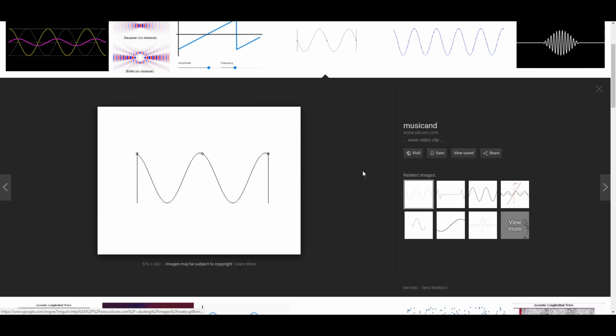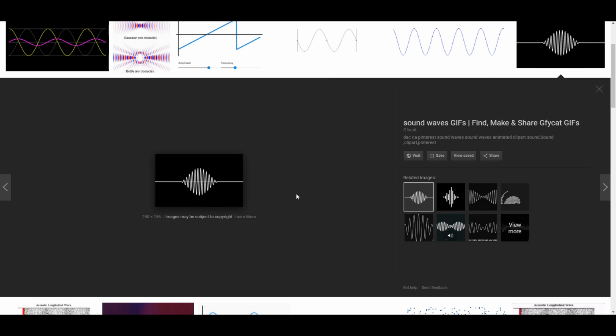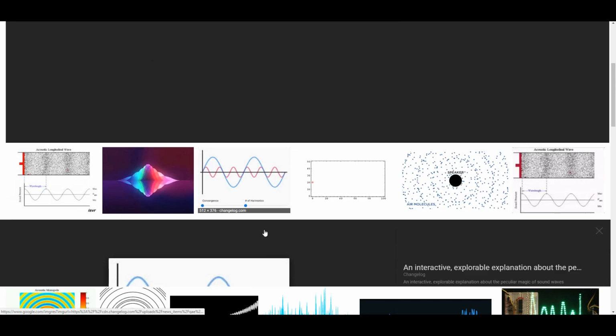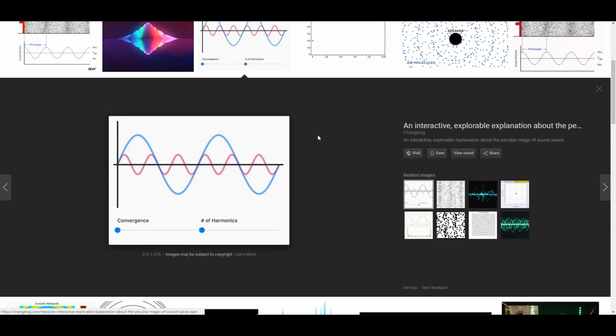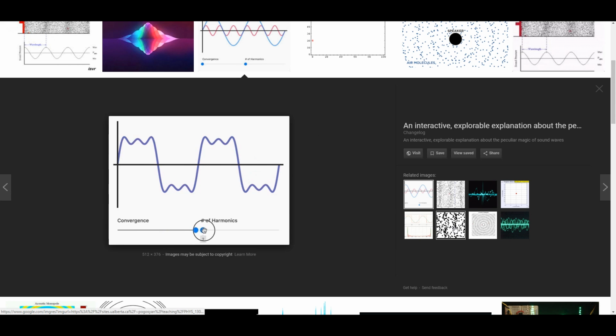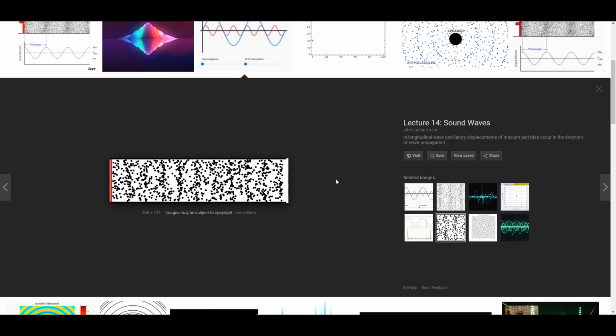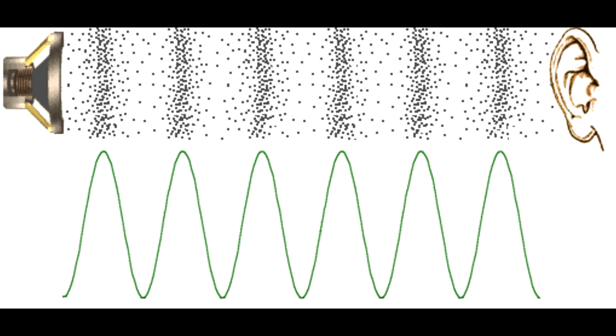Some of them show them moving back and forth in a straight line, which is kind of how it happens, but it's not quite because we're talking about 3D space. Just getting an intuition and looking at pictures, especially little animated GIFs, can be very enlightening for gaining multiple perspectives. And keep in mind that each one of them, since it's a 2D rendering, unless it's made as a 3-dimensional thing, is going to be missing a piece of the picture.